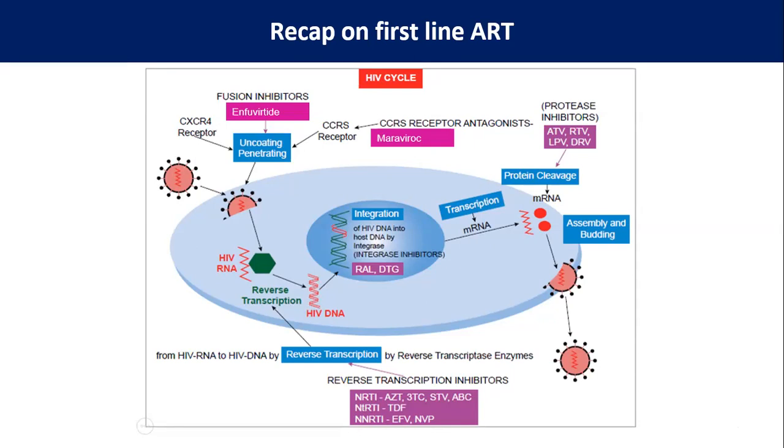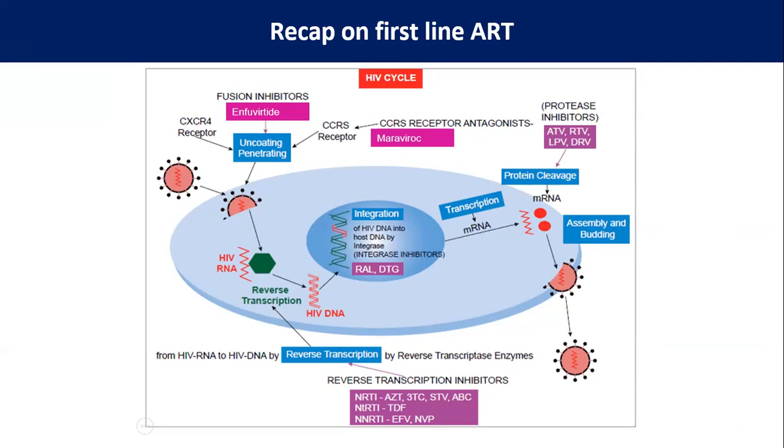Once they get bound to these receptors, they gradually penetrate the cell surface into the host cell cytoplasm. If we can develop drugs that block the attachment of the virus with the CCR5 or CXCR4 receptors, then the penetration of the virus can be prevented. The drugs developed this way were maraviroc, which blocks the CCR5 receptors, while enfuvirtide blocks the CXCR4 receptors. But if we fail to do so, the virus enters the cell cytoplasm, where the HIV RNA, viral RNA,